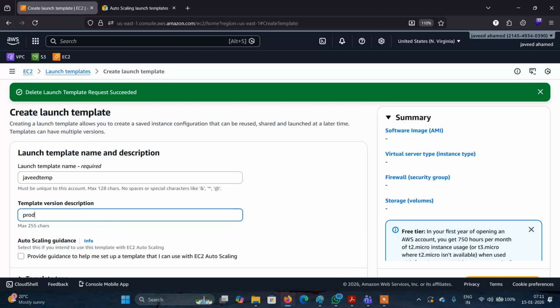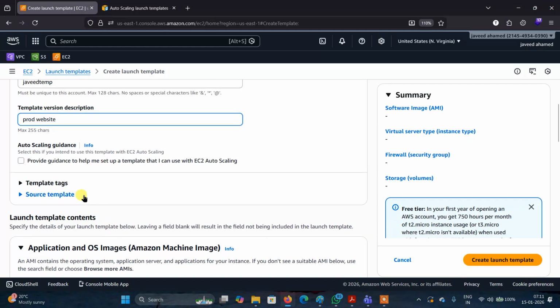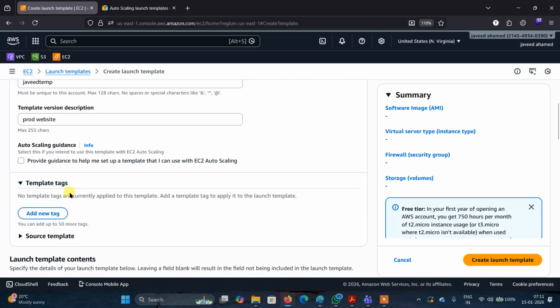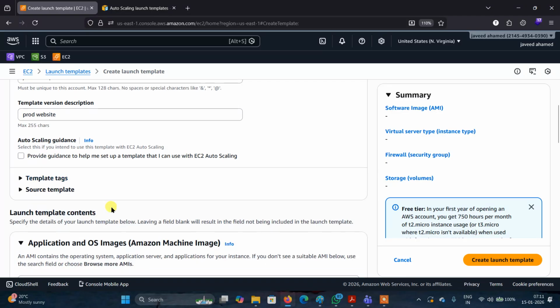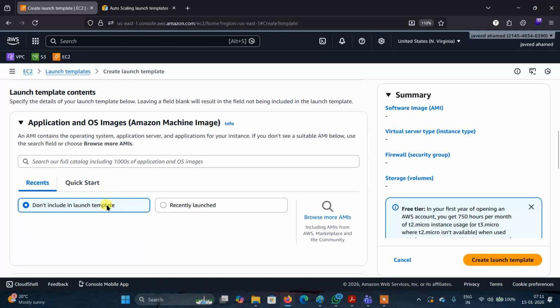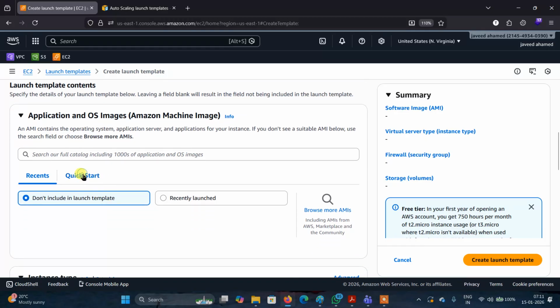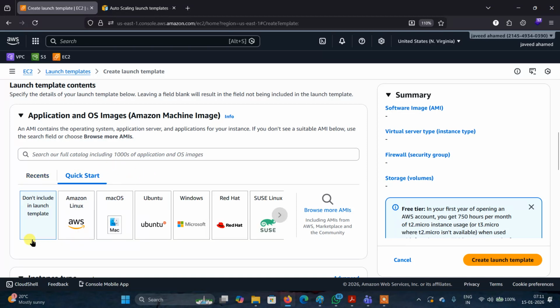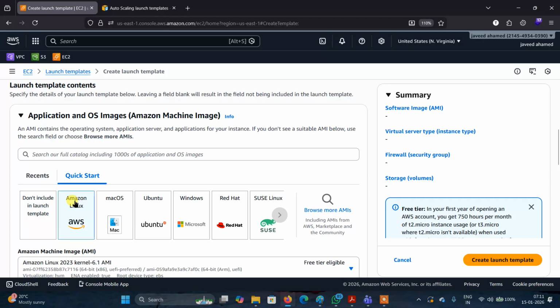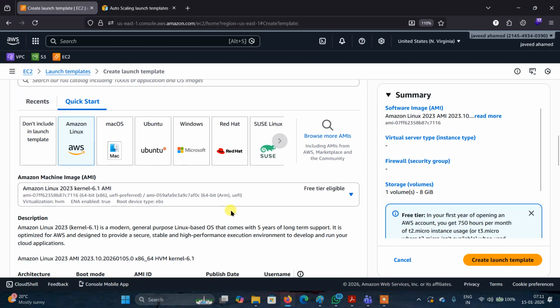For a website. It is asking for the tag; if you want to give a tag, you can give it here. And it asks which operating system you need to select. I don't have any AMI, so I'm selecting Amazon Linux here. If you already have an AMI, you can use your own AMI also. Okay, I selected Amazon Linux here.